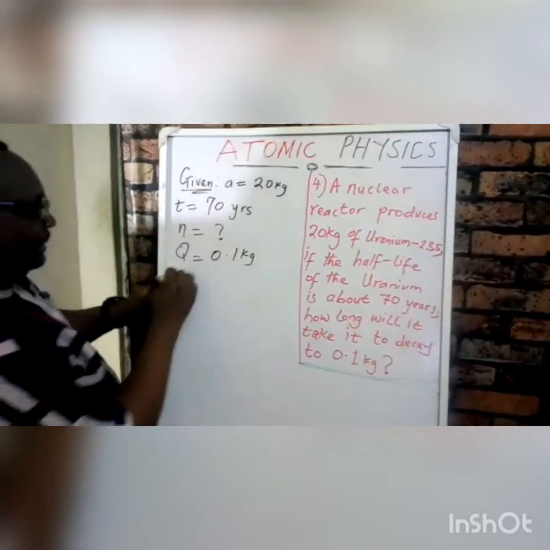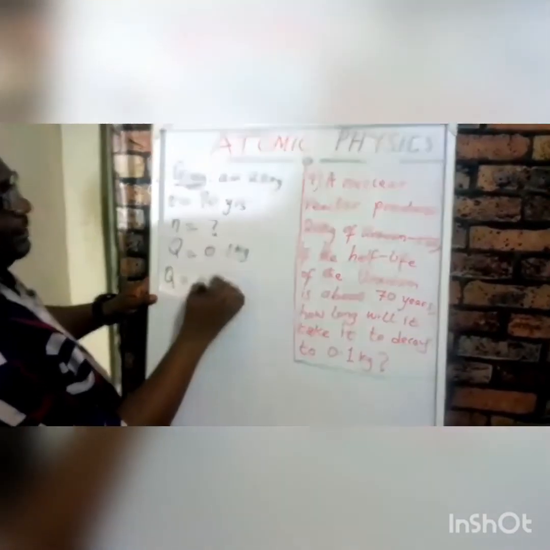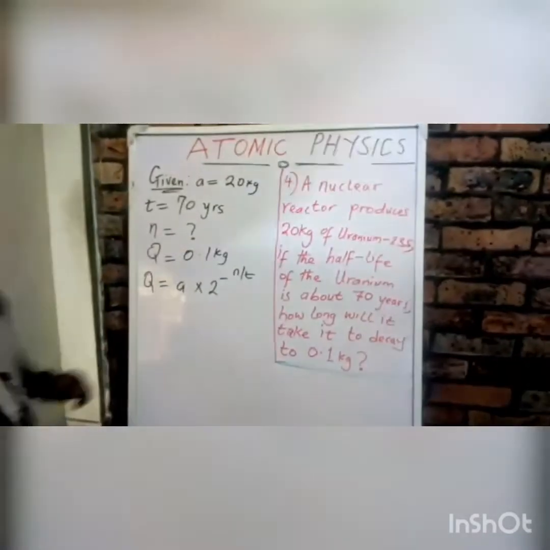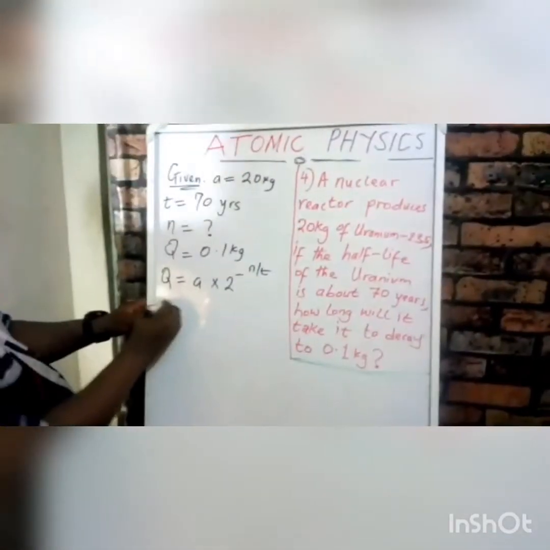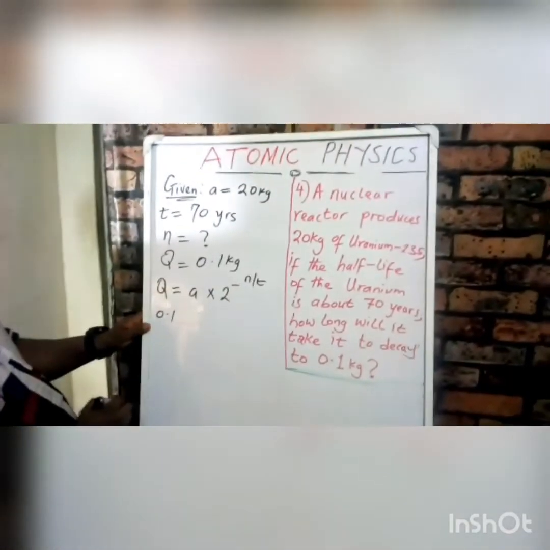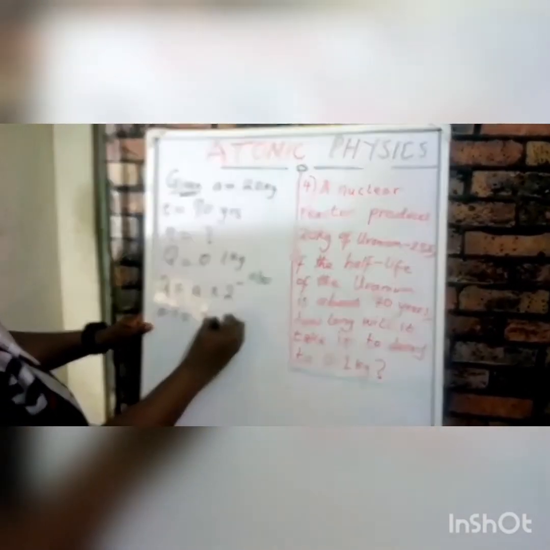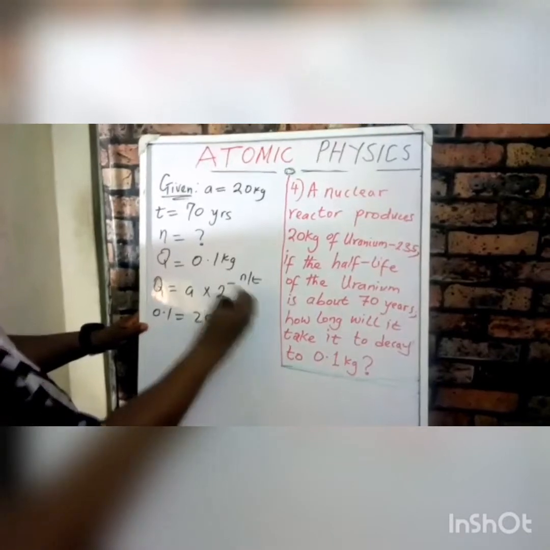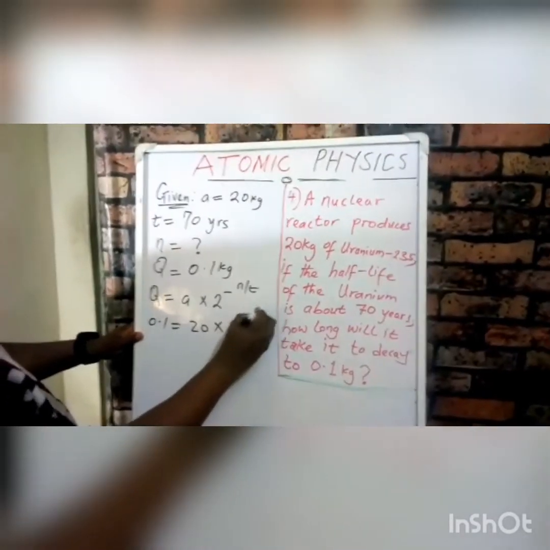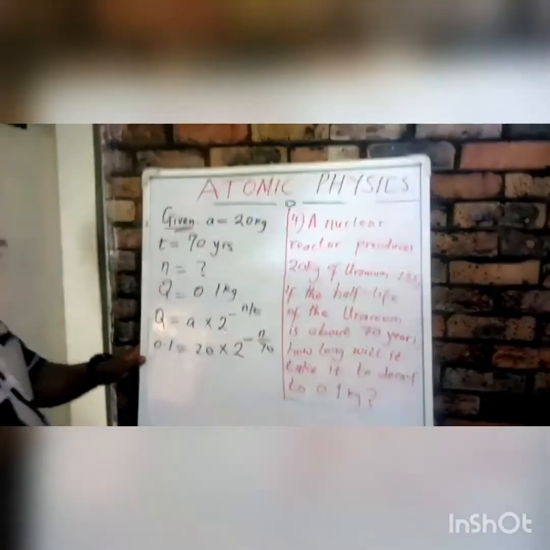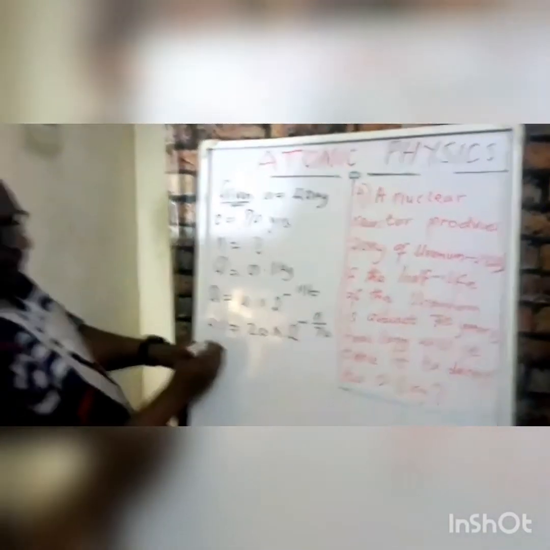The formula is Q equal to A times 2 raised to the power minus N over T. Q is 0.1 and A is 20 times 2 raised to the power minus N divided by, our half-life is given as 70 years. I'll divide both sides by 20 and we're going to have